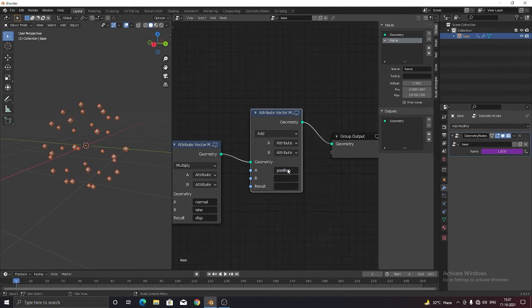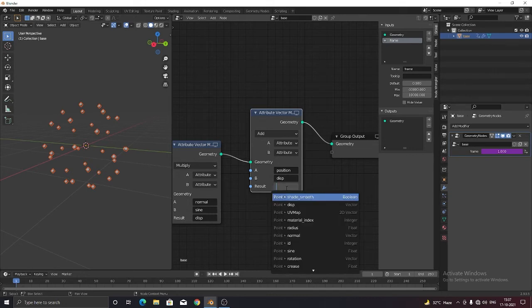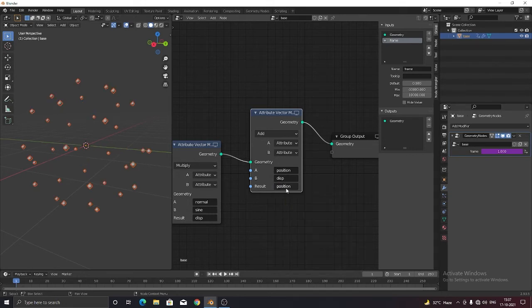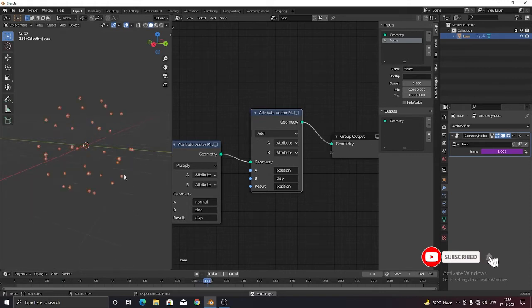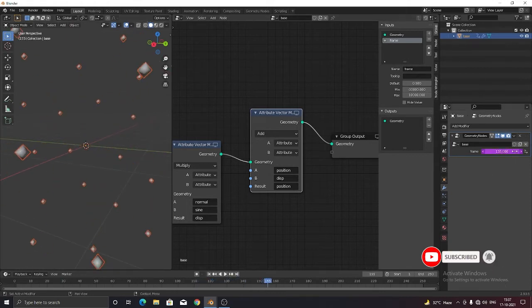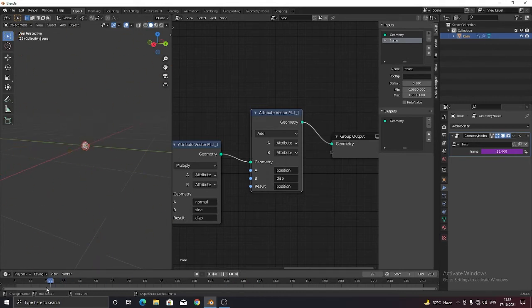Change the value B to disp and change the result to position also. Now you can see there is an animation working on that. Wow, it's just like a bumping animation. It is happening continuously because we created hashtag frame here, so we don't need to add a keyframe here.